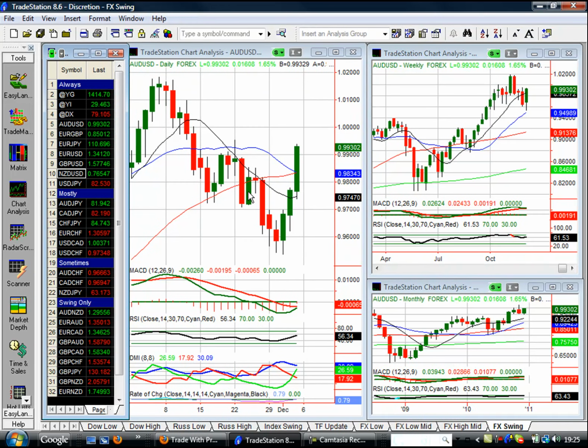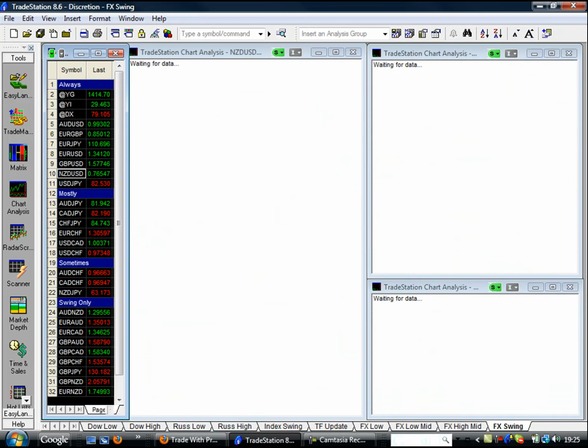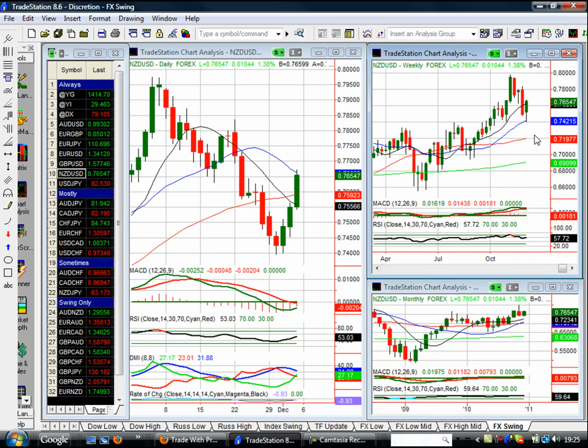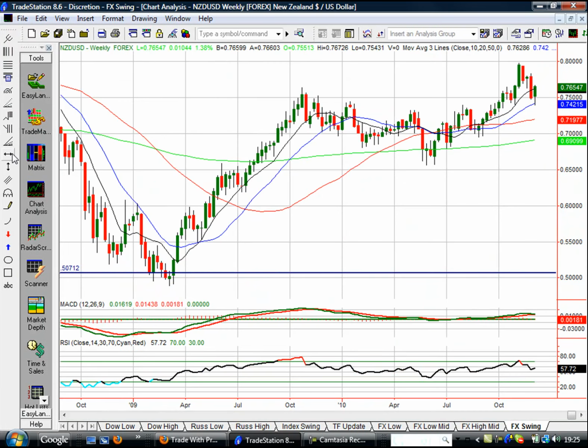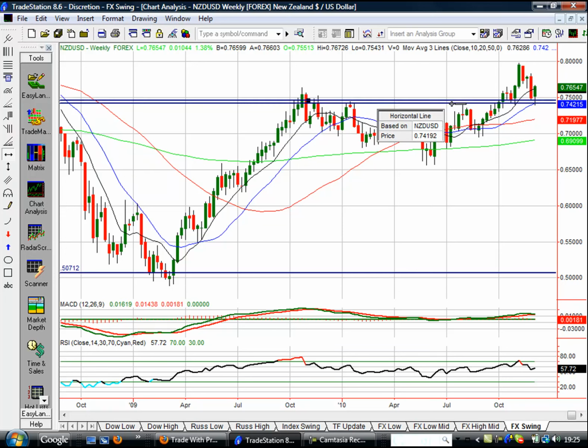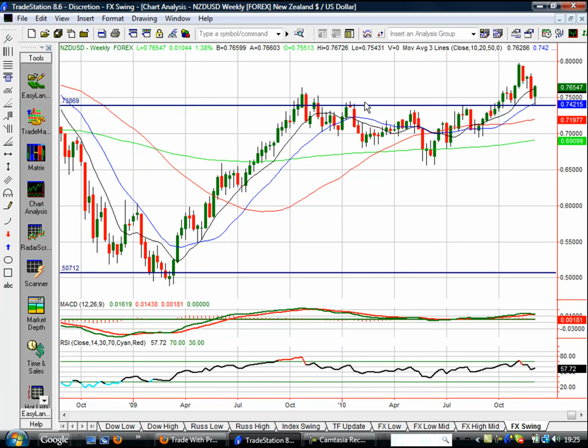And equally, if we have a look at the Kiwi dollar, you'll see that the Kiwi dollar here has pulled right back into old resistance, now becoming support, right back into the 7400 zone, and had a really good strong bounce off it. Notice as well, right in that weekly chart buy zone based on the moving averages, pulled right back in, bounced right off resistance, and looking very, very strong again. How does this help? What is this showing us? It's showing us dollar weakness.